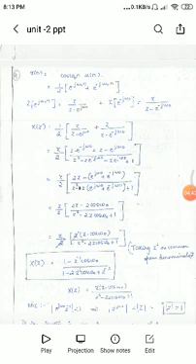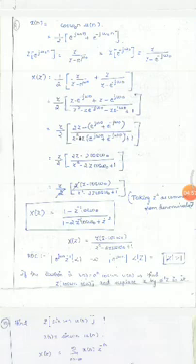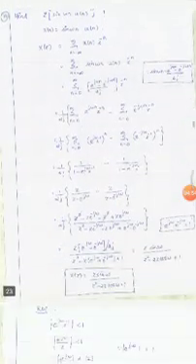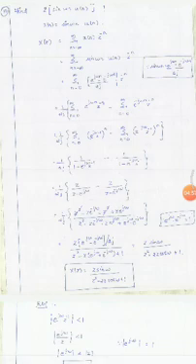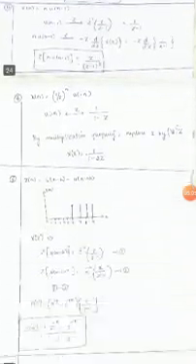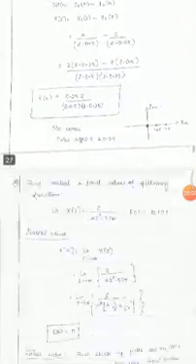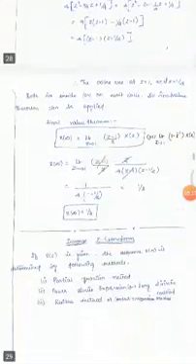Finding the Z transform, finally we get x of z is equal to 1 minus z power minus 1 cos omega naught divided by 1 minus 2 z power minus 1 cos omega naught plus z power minus 2. Likewise we have sin omega naught. At last we get the value z sin omega divided by z square minus 2 z cos omega plus 1. So like this we have problems.